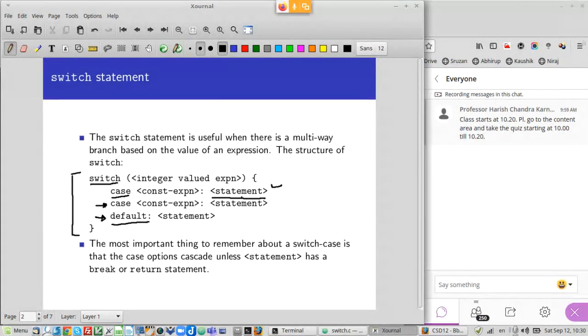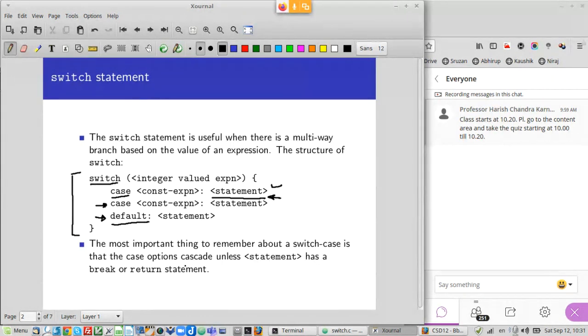It does not exit automatically from the statement. You have to exit from the switch statement explicitly, otherwise it will simply go to the next case and then the next case and then the next case. So this cascading keeps happening, and that is an important thing to remember. It is not like an if-then.